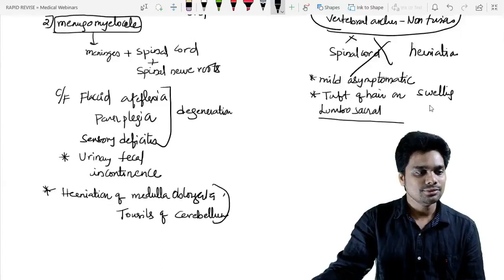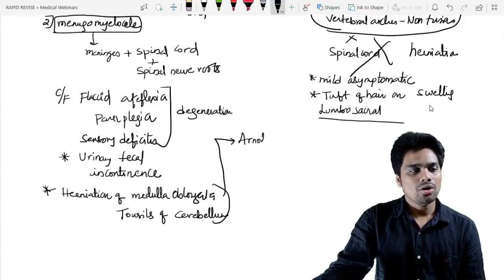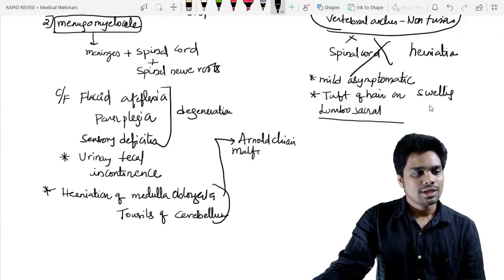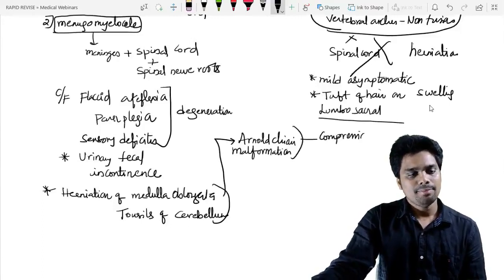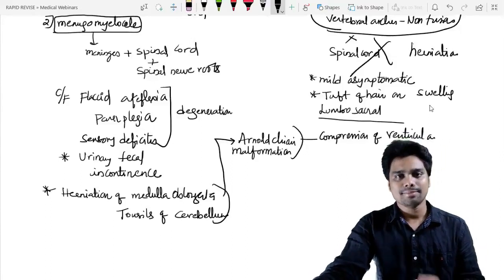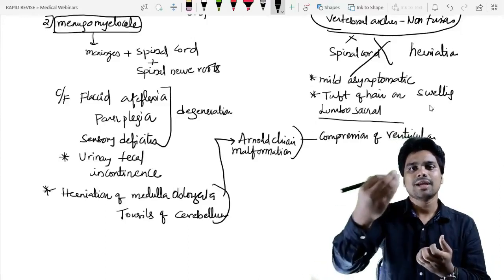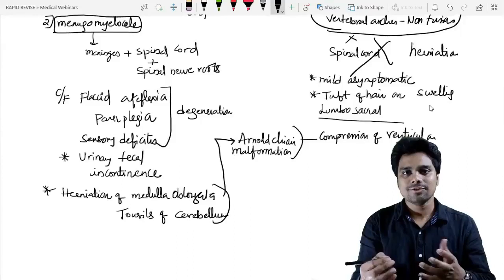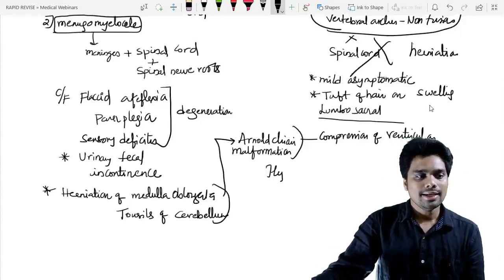This leads to a malformation known as Arnold-Chiari malformation. So this herniation leads to compression of the ventricular cavities. Ventricular cavities, when they compress, they contain CSF, right? So whenever the cavity is compressed, the CSF cannot flow. The whole of the CSF accumulates in the brain, and this leads to a clinical entity known as